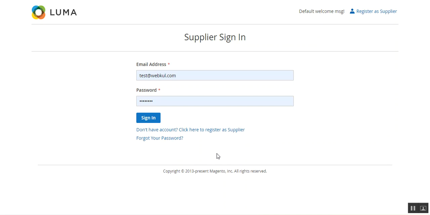And in the next video, we'll be showing you the backend configuration for the Webkul mobile app as well, the initial configurations that are required before making use of the Magento to B2B vendor app there. So let's hop on to the admin backend panel and let's see what different configuration settings are there for the